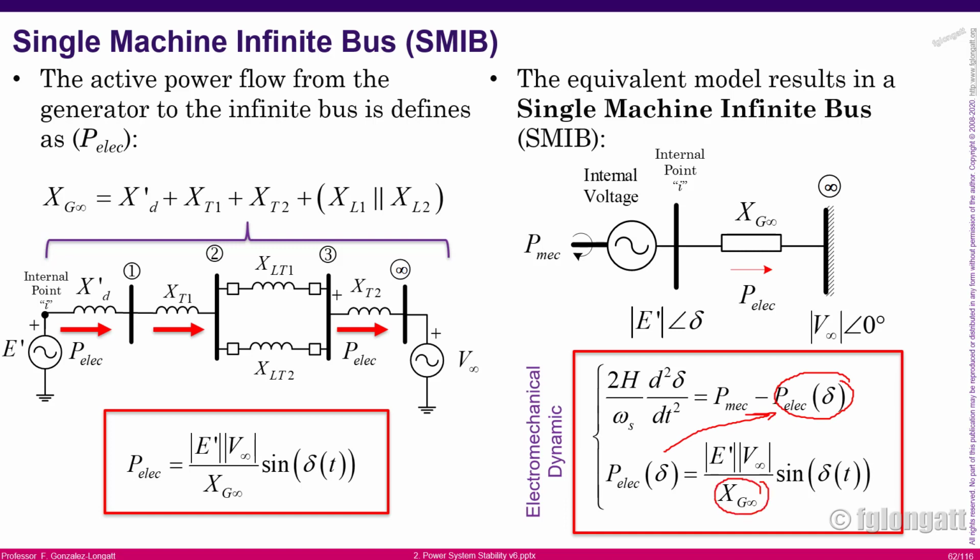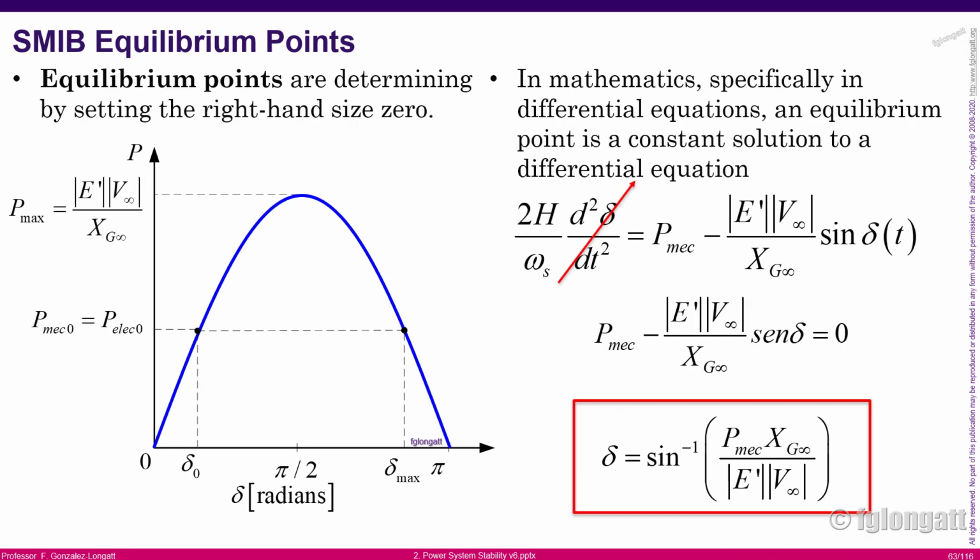Good. And the other thing that you must understand is that the electrical power is defined by this equation, where again, it's not my problem, but you will be able to use any method to obtain the reactance that is defining the electric power interaction between the generator and the infinity bus bar, okay? Okay, over there we have the two important equations, and the first thing that we need to do is let's think about